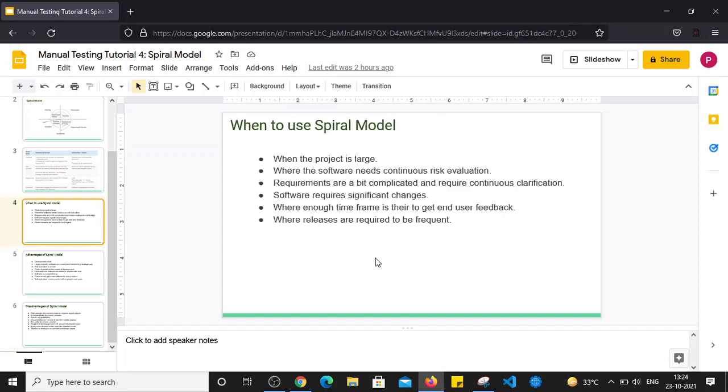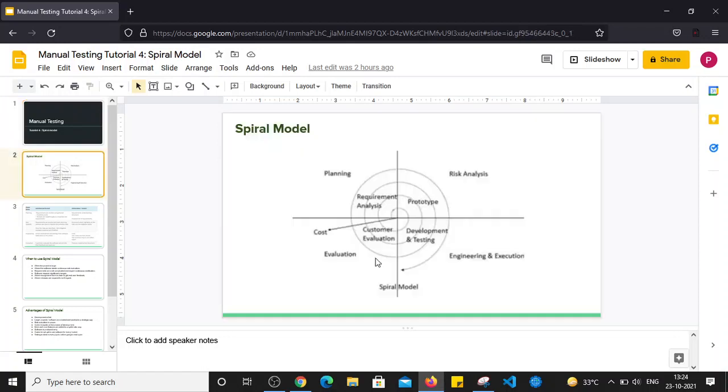So let's revise the spiral model one more time. In the spiral model, basically there are 4 phases: planning, risk analysis, engineering and execution, and evaluation. That happens in each cycle. During the initial requirement, the customer will give the initial requirement. After that, the requirement analysis phase will start. After that, the designing phase will start. After that, the development and testing phase will start.